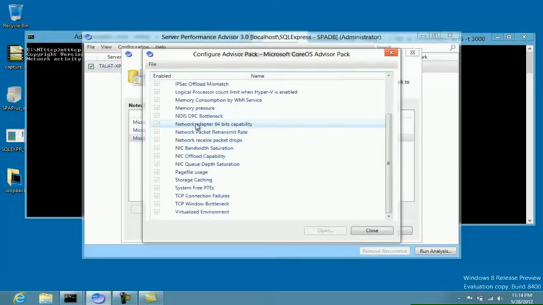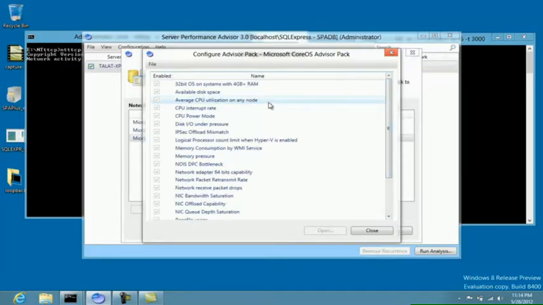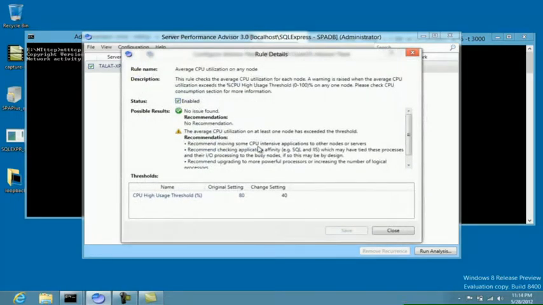So we can look at things like, do I have 64-bit capable adapters? Is there an endless TCP bottleneck on one of my CPUs? Am I seeing receive packet drops? Are all the offload capabilities of the NIC enabled? Are there any TCP connection failures? And one other one that's important is also the average CPU utilization on any node. So by selecting average CPU utilization on any node, I can actually open it and I can look at what